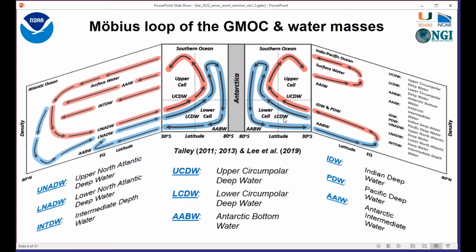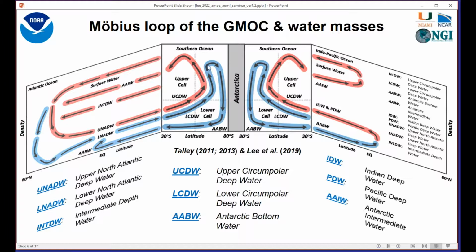In the lower cell, we have the lower circumpolar deep water. The main source of this water is mainly the lower North Atlantic deep water from the Atlantic, feeding it there. And it's creating this loop here. Upper and lower circumpolar deep water is brought up to the surface through the Southern Hemisphere westerlies and Ekman pumping, and they are subducted here below the mixed layer